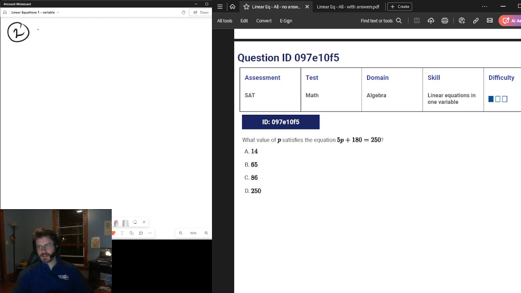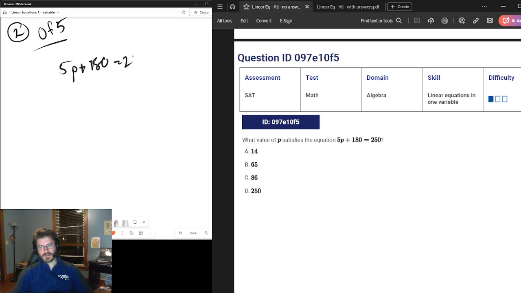All right, question 2. Good way to start. We have a linear function in slope-intercept form. P is what value of P? So we're just solving for basically an x-coordinate. It's just algebra here. 5P plus 180 equals 250. Subtract the 180 from both sides. 5P. These cancel. 250 minus 180